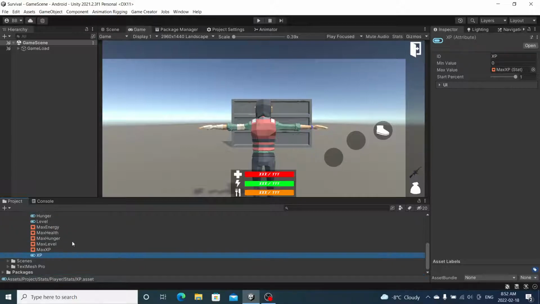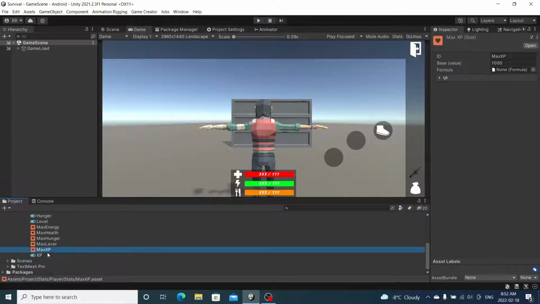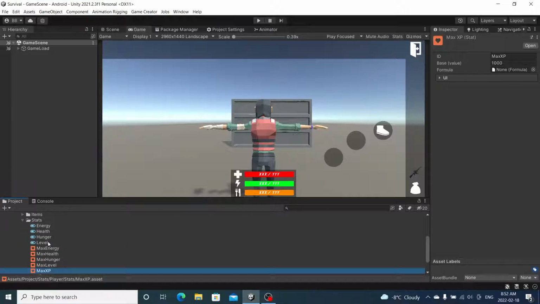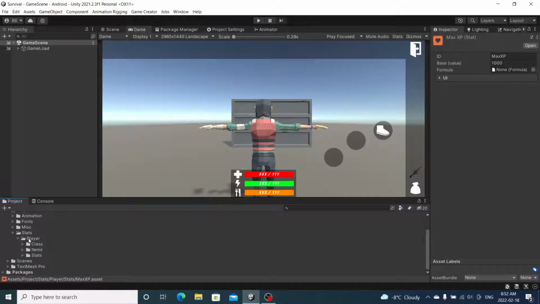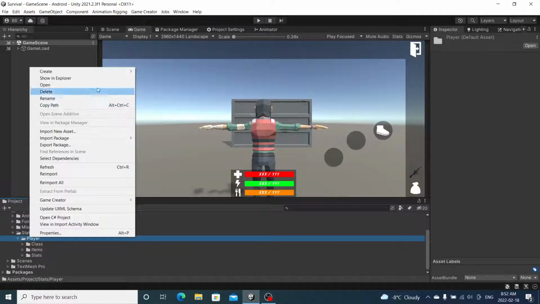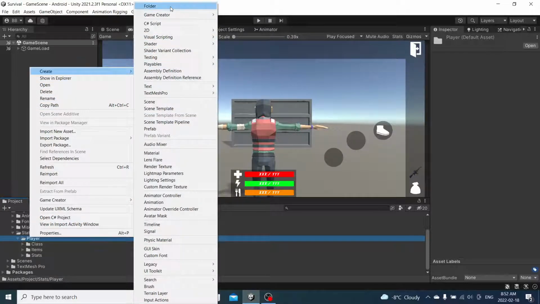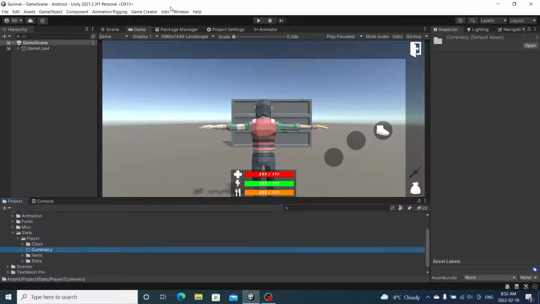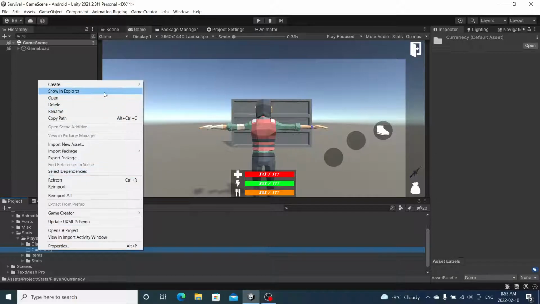XP and max XP. Okay, good to go. So leveling, XP. We're going to have some currencies as well. So while I'm here, actually I'm going to create a new folder for this, just because it will get too cluttered within one. So create folder, currency. I don't know if I spelled that right. Anyways, create